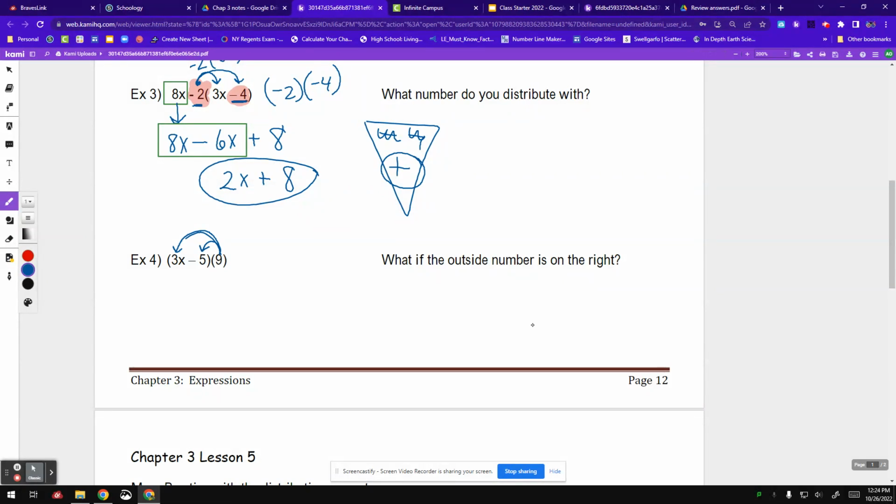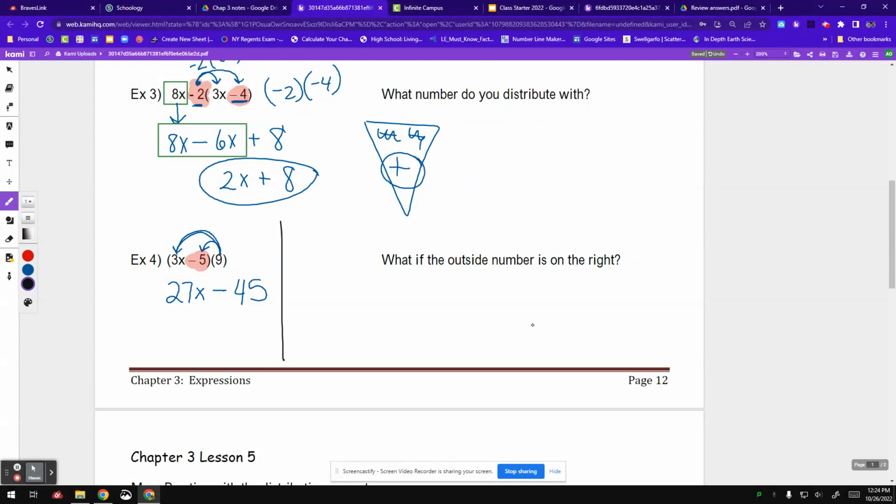So this would be 27x. And then remember, the sign in front of it goes with it. So that's 9 times negative 5, which is minus 45. If that's too weird for you to sort of distribute backwards, I'm going to actually take it and use the